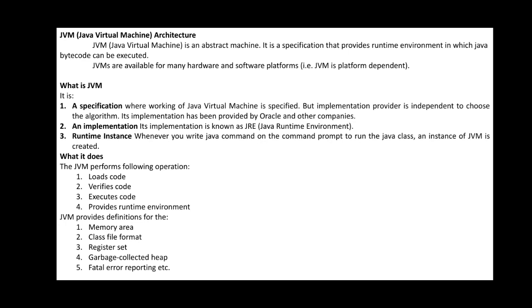And the implementation is known as JRE, meaning JVM is going to work with what? The JRE tool of the JDK platform. Runtime instances: whenever you write a Java command on the command prompt to run the Java class, an instance of JVM is created 100%, because every program is going to have its own class file. You can call that an instance of JVM. Why did we want to create